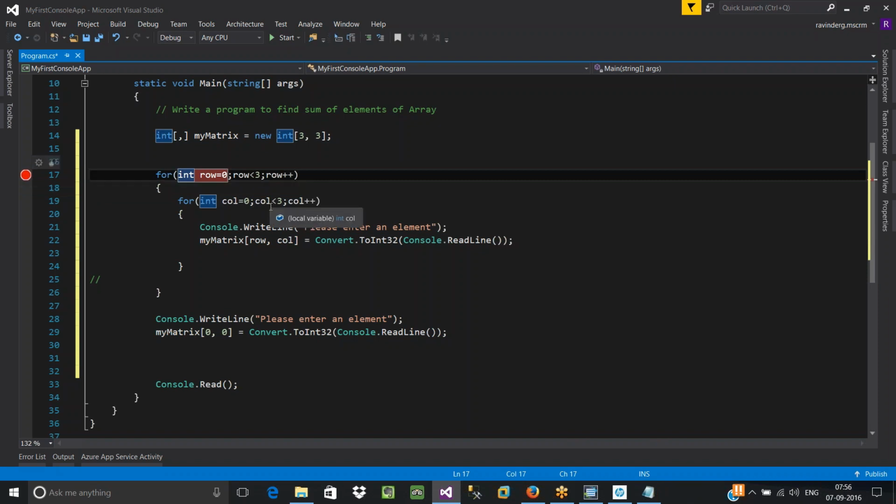Okay, so let's keep a debugger and start debugging it. Run your application.